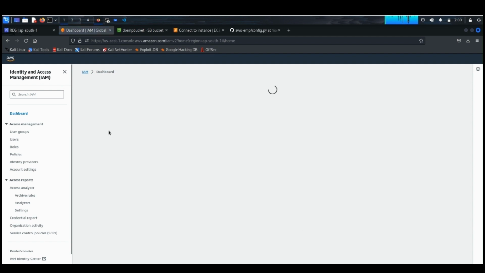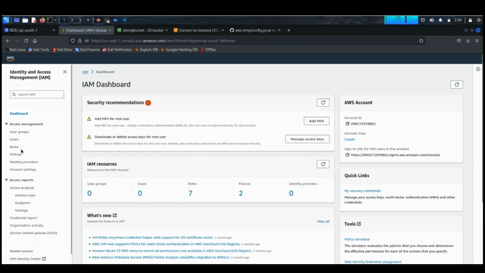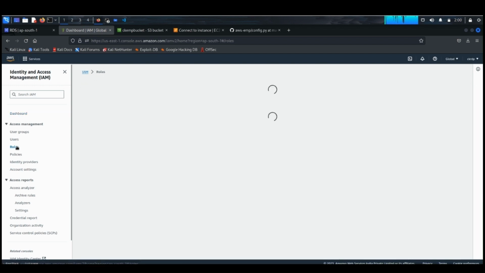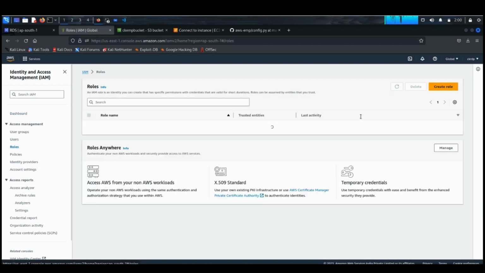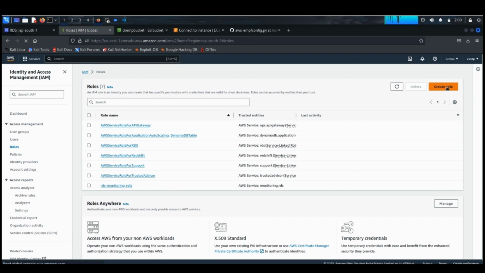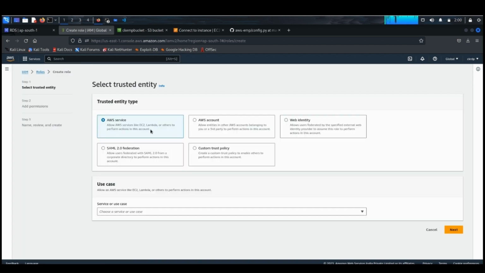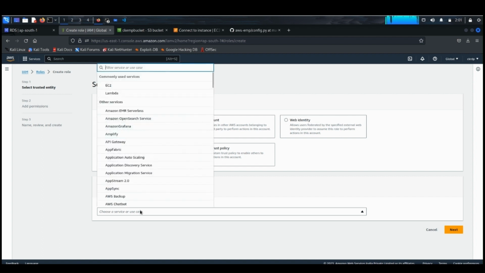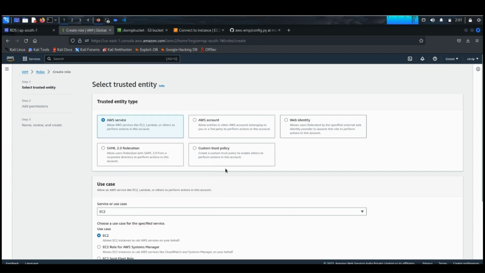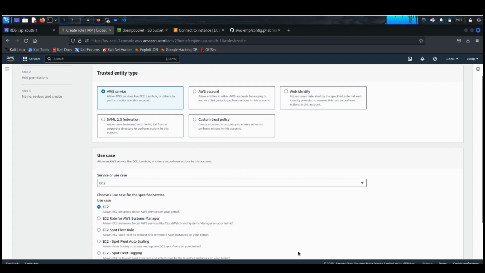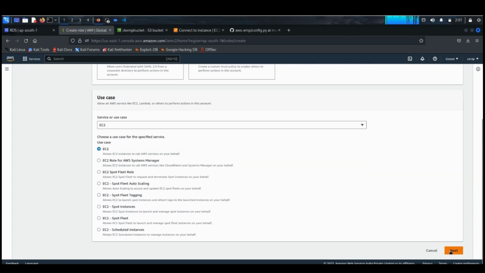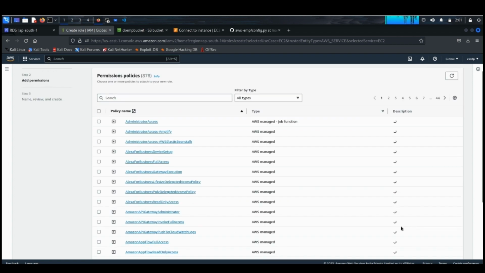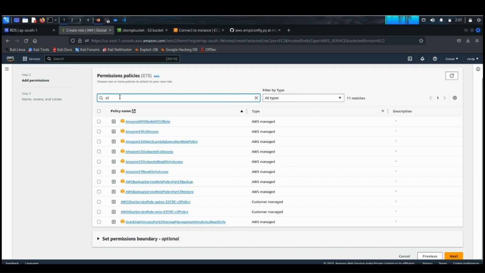So set a role for it. So click on roles, create role, choose AWS service and choose the instance EC2. So this role is between EC2 and S3. So type S3 here, choose Amazon S3 full access,